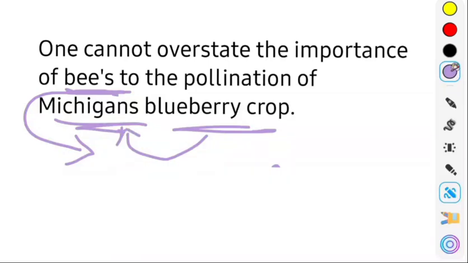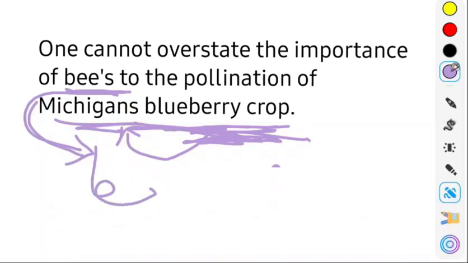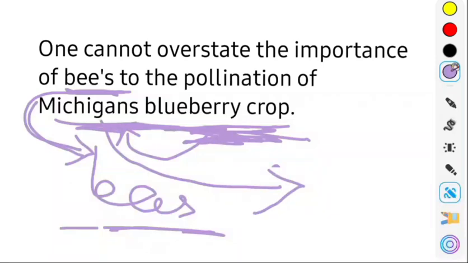Here bees should be in plural because we are referring to them in larger quantity, the contribution of bees. The main purpose of the sentence is to show the pollination of this crop, so the possessive belongs to this, but for bees only the plural will come. Here it is wrong because the possessive should come, as I explained previously.